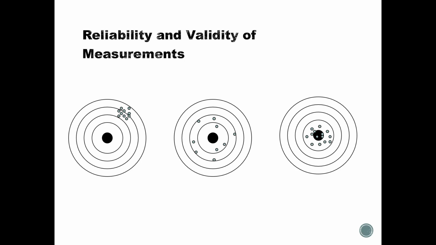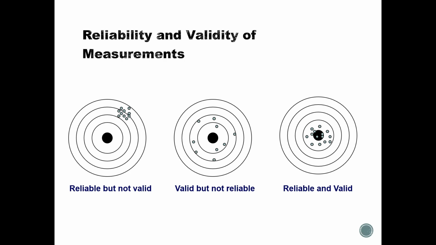These, for example, here are the representations of different types of problems. So this one is reliable but not valid. It gives accurate results. Unfortunately, they are all off. This is valid but not reliable. It's centered around the correct place, but it's still too inaccurate to give you a really good result. And finally, this one is reliable and valid, and it would actually give you 1 day of